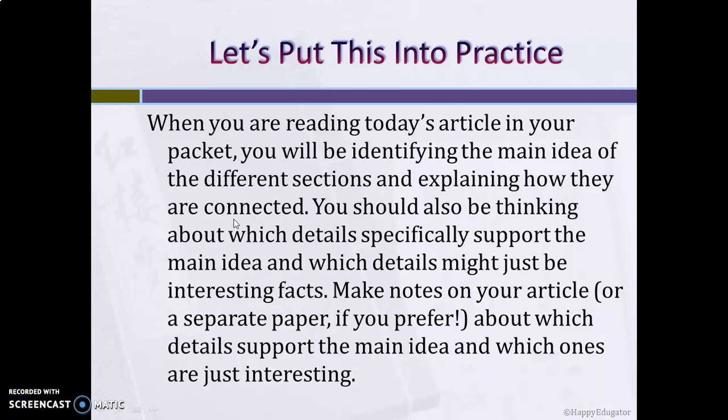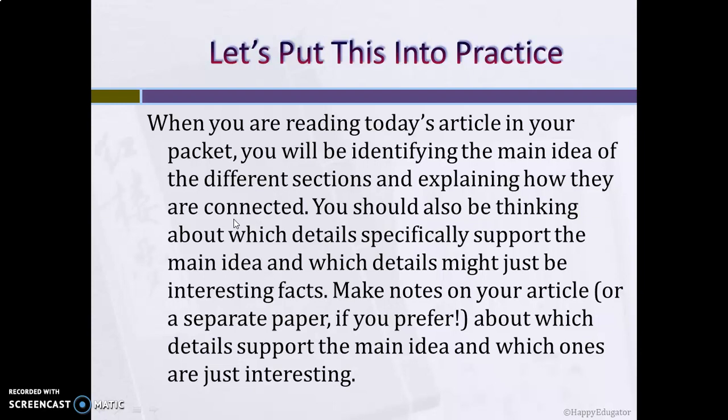This is an important reading skill because as we become better readers, we're reading even more lengthy or involved text. Every day we've been practicing reading our nonfiction news ELA articles, and we can all agree that those articles contain a lot of information. When it's our job to summarize, so when we have to find the main idea and supporting details, we have to be able to pull apart those details and determine which ones are important and which ones we could file away for later as something interesting or fun, but that we don't necessarily need to include in a summary. So it's really important that we practice every day separating those details into what's interesting and what's important